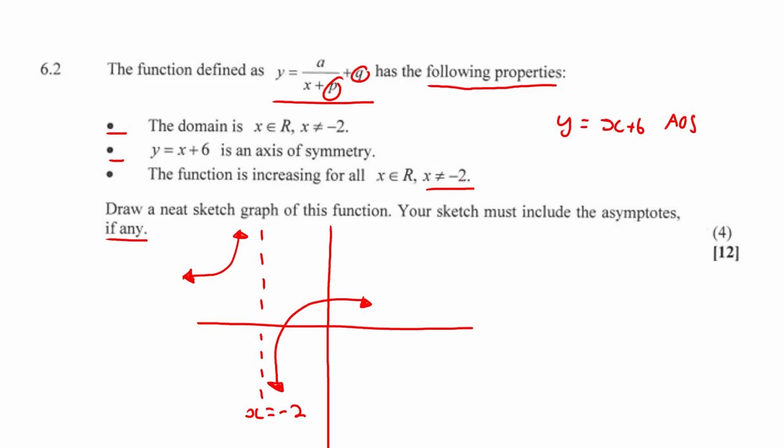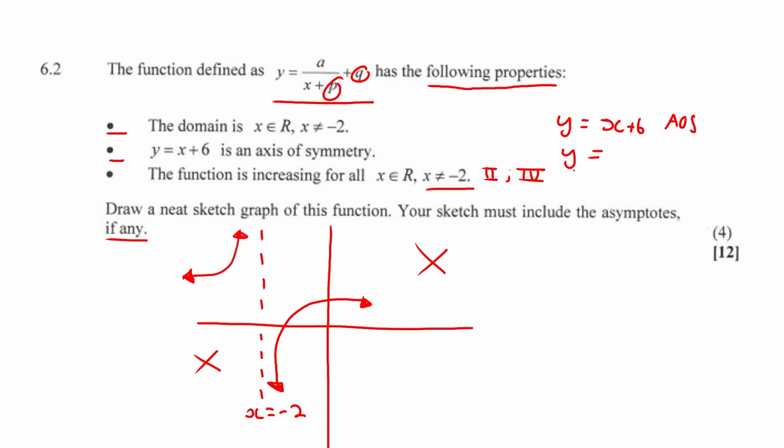So that means we're going to have functions in quadrant 2 and quadrant 4. Okay, this takes out quadrant 1 and quadrant 3. It's increasing for all the negative values. So that means quadrant 1 is a big no-no, and quadrant 3. Sorry, Roman numerals there for the quadrants that we're working in. 2 and 4. If the domain is x is an element of the reals and x cannot equal -2, well,